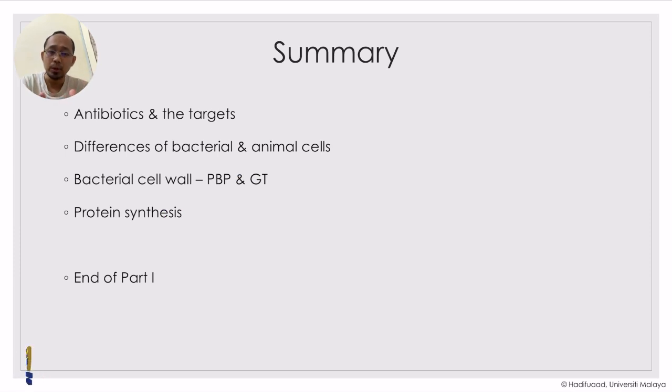So on the quick one, we've looked at antibiotics generally. On part one, part two, we've looked mostly at the targets, which generally are the cell wall and protein biosynthesis. We've already looked at bacteria and animal cells in the part one section. So this is the end of a full part one, so to say, but I'm going to call it part two. And we're going to look more specifically at how inhibition of these two targets, cell wall and protein synthesis, is useful for